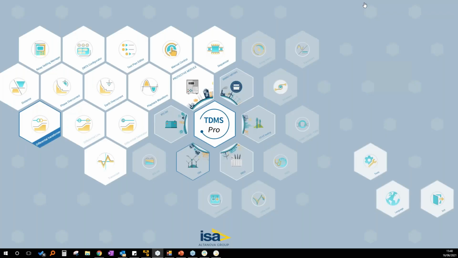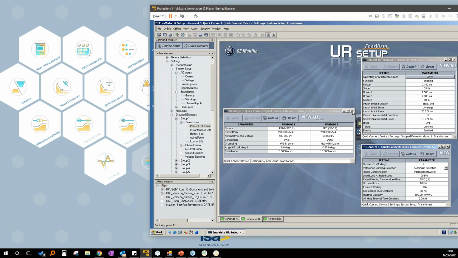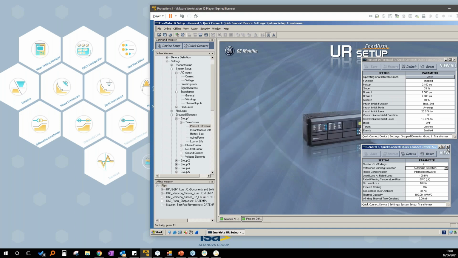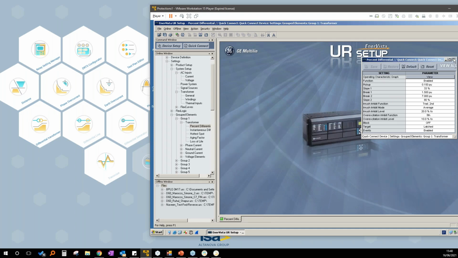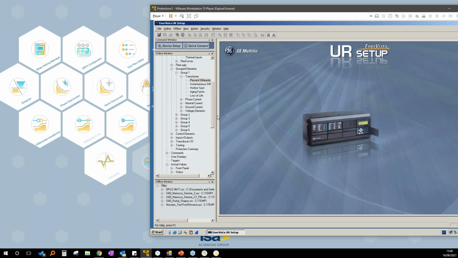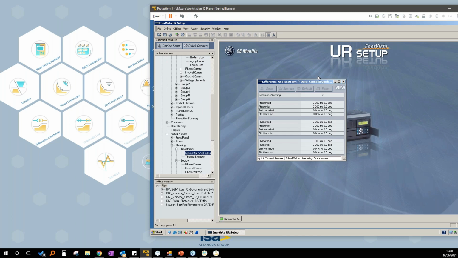Okay, so I want to close all of this and see only the differential current values.